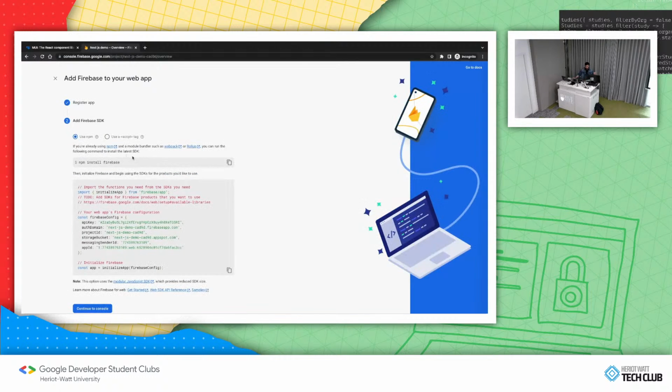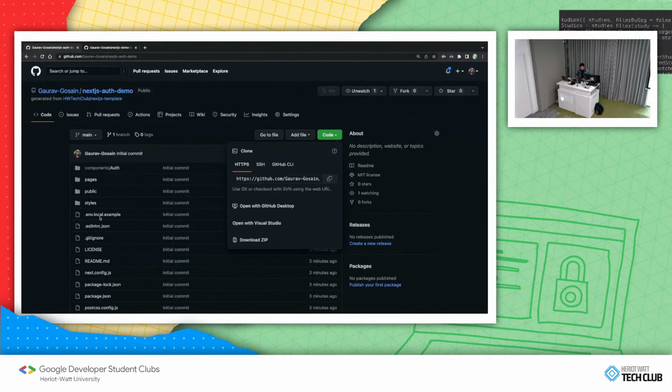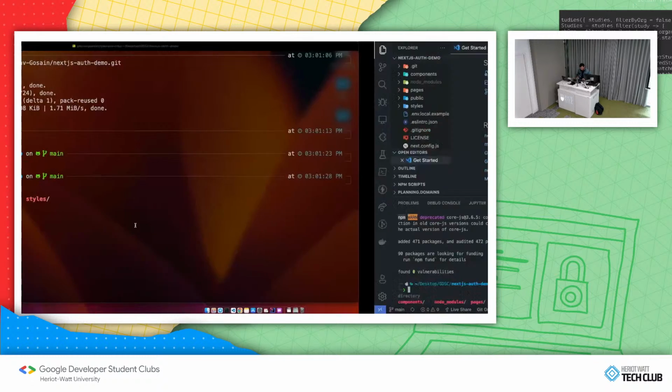Now, in the template repository, Firebase was already installed, so you can skip the first step. What this page now gives you is the keys required for you to authorize yourself as the same user that's using these credentials in your app. So it basically gives you a Firebase config variable. Now you can head over to the code that you just cloned,